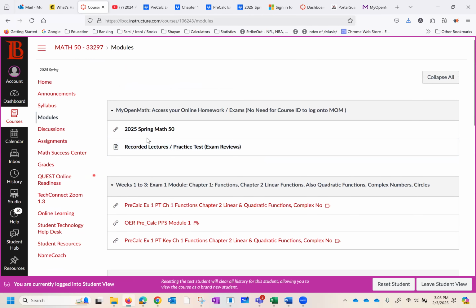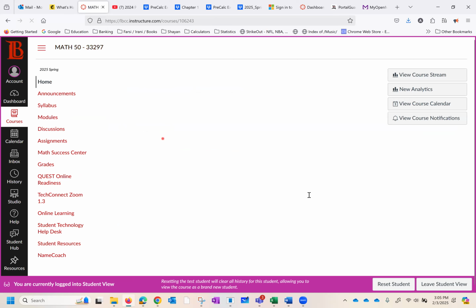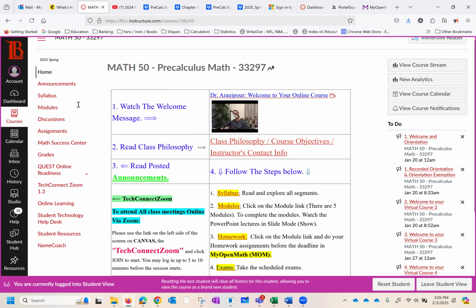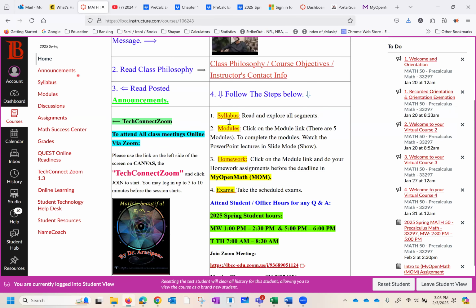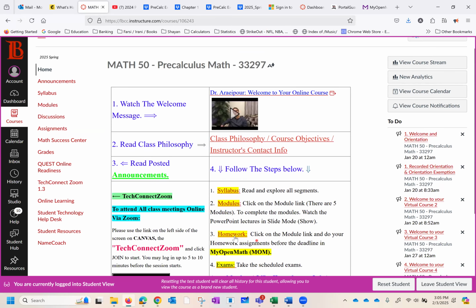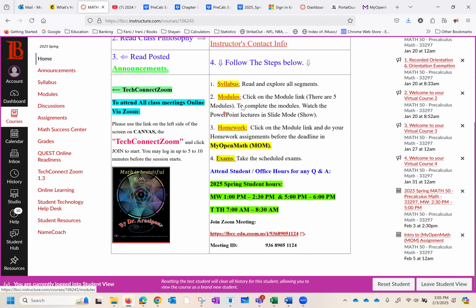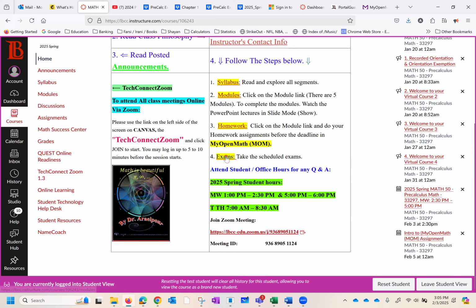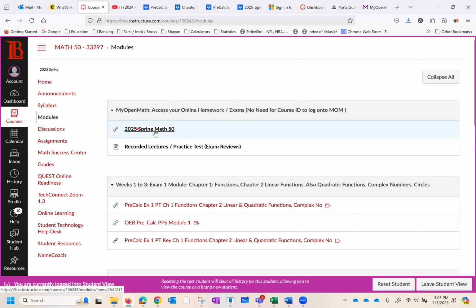The last thing that I want to discuss is this one. Let me go back to the home page again. I want to make sure that we understand that everything has been covered right here. The only thing left is the concept referring to the homework and exams, which is, again, if you click on them, it brings them to these modules, and this is where you find everything. So I want everybody to pay close attention.